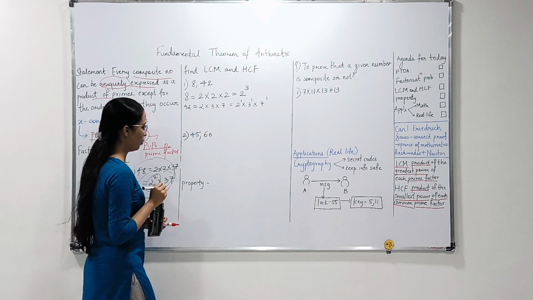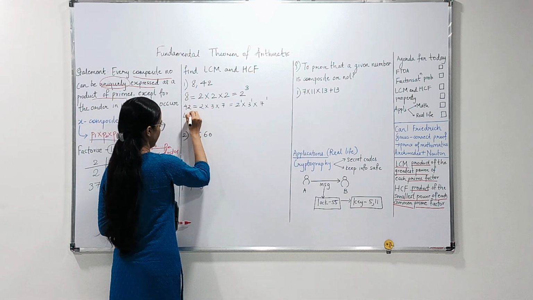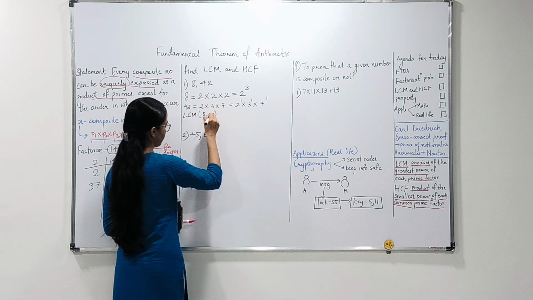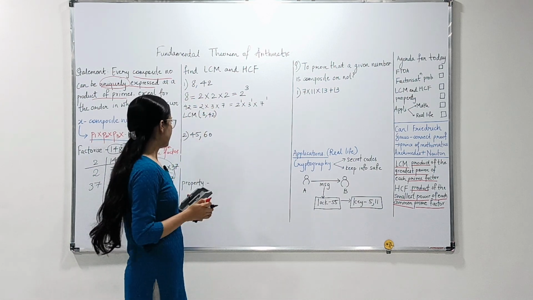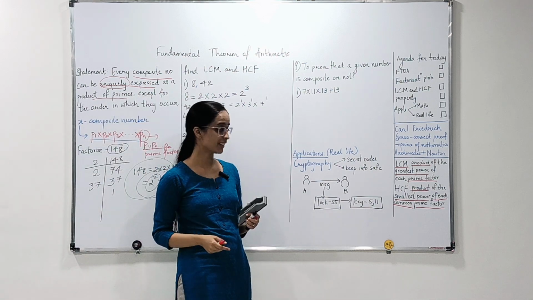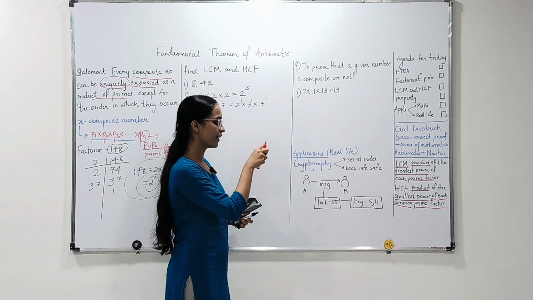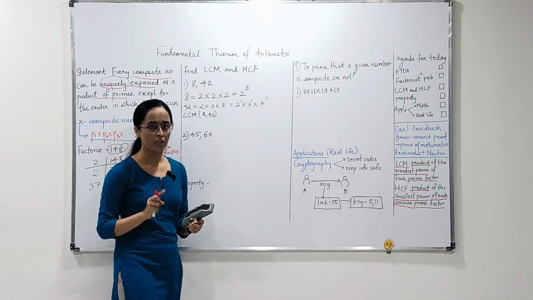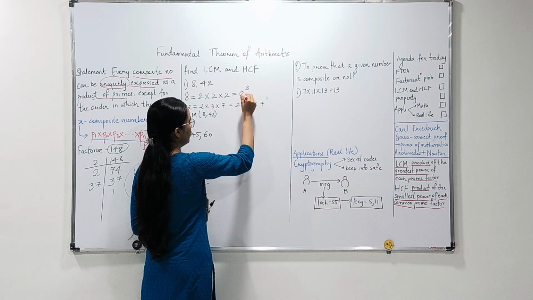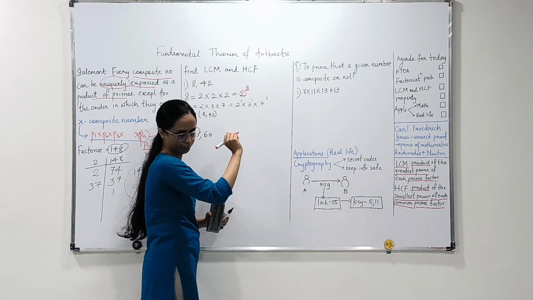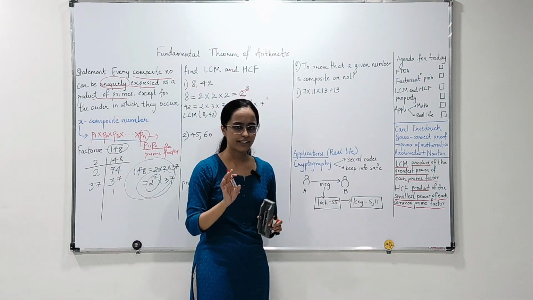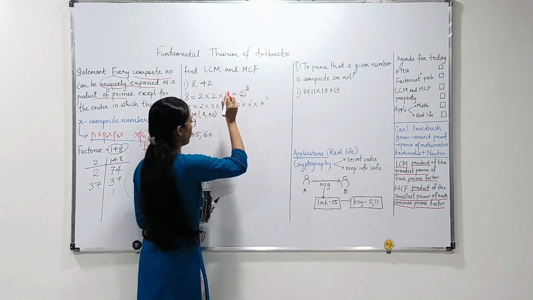Now we are first going to find its LCM. So LCM of 8 and 42. What does LCM say? The definition of LCM is that it is the product of the greatest power of each prime factor. So here, 8 has the prime factor 2 and its greatest power is 3. There is no other prime factor here, just 2, and its greatest power is 3. So you are going to write